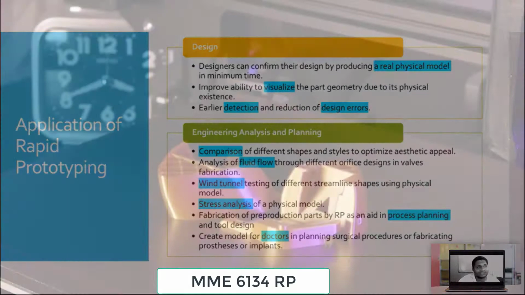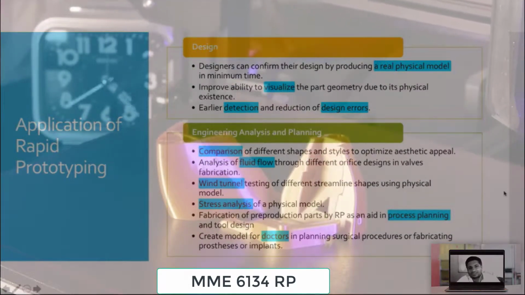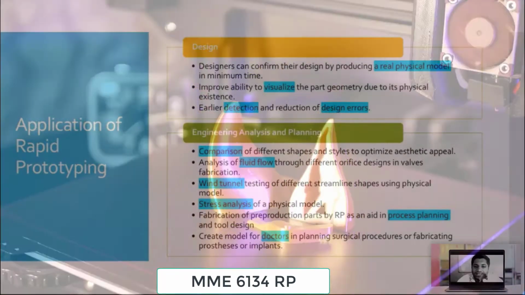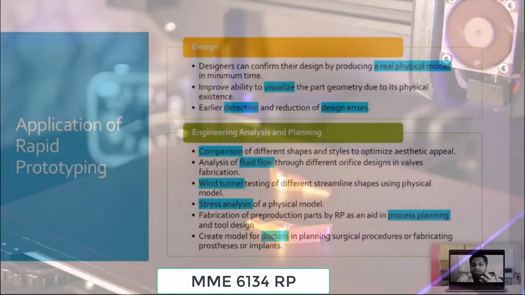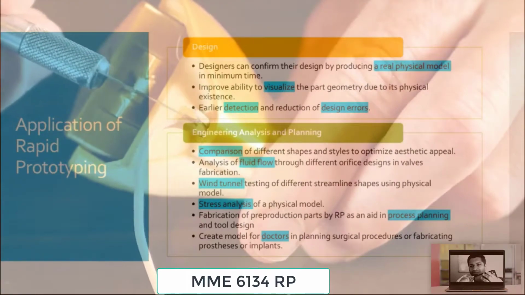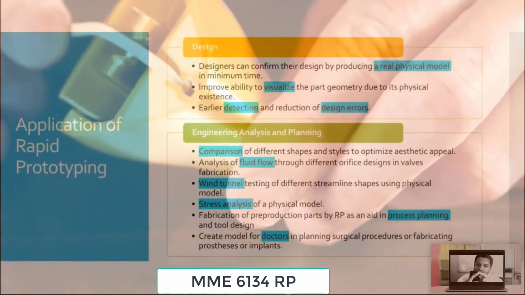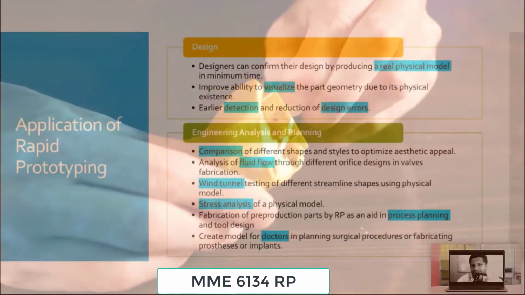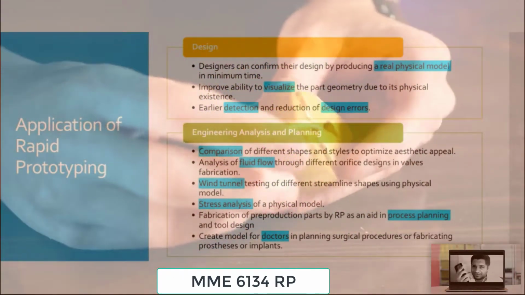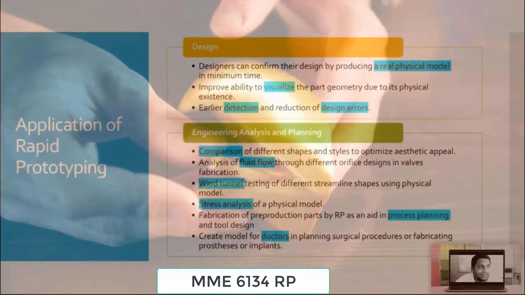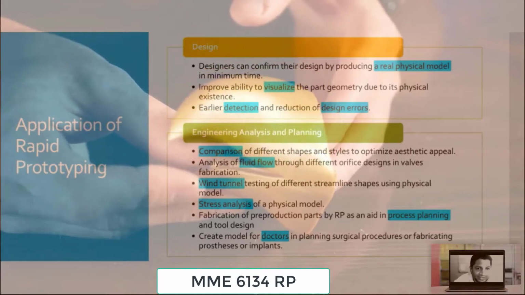Okay. The reason is that designers basically want to have a real physical model, and then they want to see and visualize how it looks. Okay. And I want to see, okay, this is my model. Oh, there is some problem here. The holes are missing, or I need to create a heat transfer area here, or this part is very sharp. When I hold the mobile phone, this is very sharp. I don't like it, or it's very slippery. So these are things which I can feel, and then I know what the flaw is. So this is the reason why RP is very important.